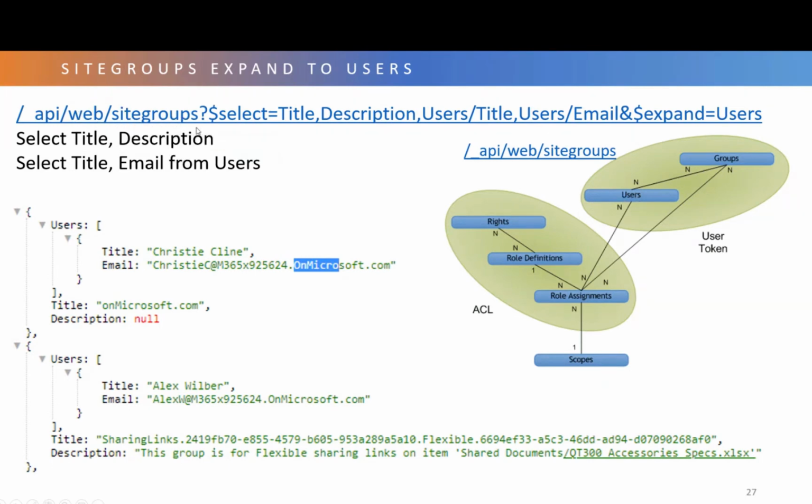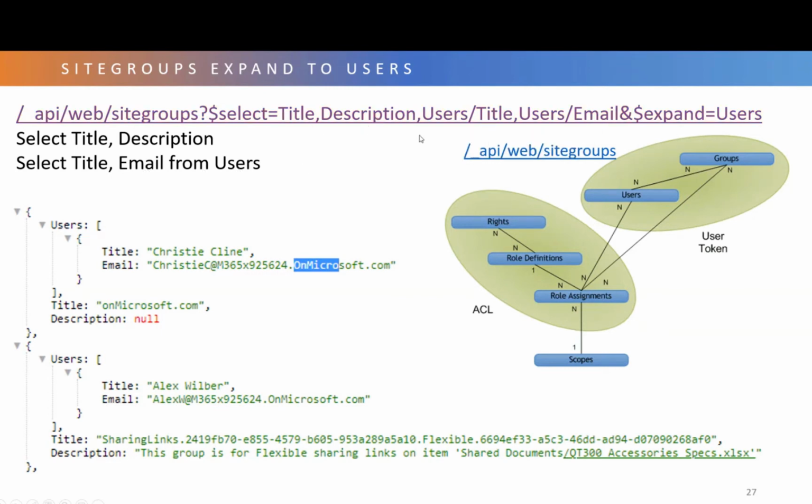So up here, I'm doing site groups. I'm selecting title from site groups. I'm selecting description from it. And then I'm expanding into this users list, this other list over here. And on user list, I'm saying user list/title. So I'm doing a selection of the title in the user list. Then I'm saying user list/email. Okay, so basically what I'm doing is I'm selecting title and description from the groups, and I'm selecting title and email from the users list. And that's this link here.